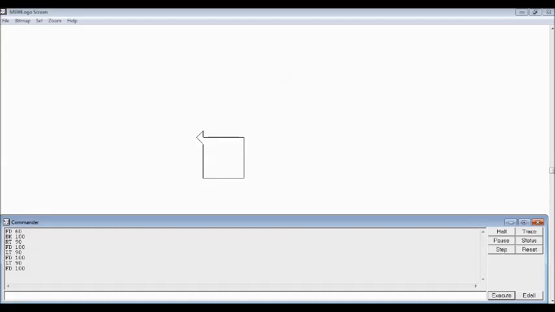Now, once the drawing is finished, let's clear it. Let's erase it. For erasing the drawing from the graphics area, you need to give the command clear screen, or the short form is CS. Enter. Can you see? The drawing which you have made is already erased. The list of commands which you have already used is present in the recall box. If you want to remove them also, then you need to give the command clear text, or the short form is CT.